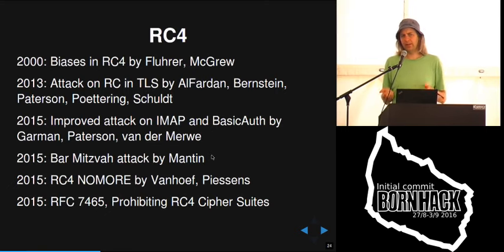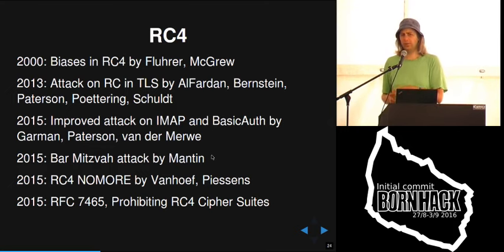So when all these attacks came up against CBC mode, especially Lucky 13, a lot of people said, okay, what can we do? Maybe we switch to some other encryption mode. And the only thing that was basically left in TLS was RC4. But it wasn't really the best idea, because it was already known at that time that RC4 had some weaknesses. RC4, unlike CBC, is not a block cipher, it's a stream cipher. And it turns out in the key stream of RC4, at some points there are some bits that are more likely than others. This was already known since 2000 at least.